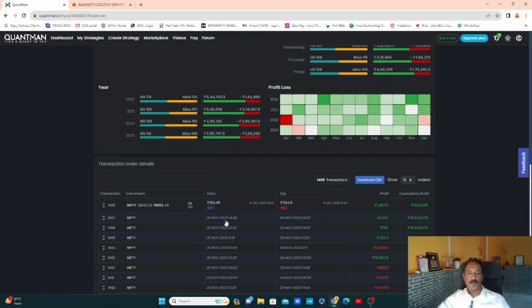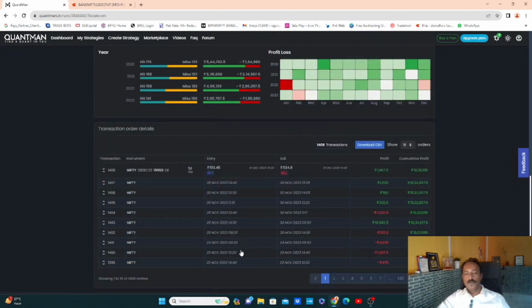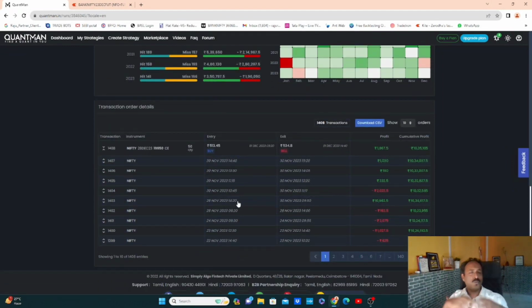So only one trade. On 30th, if you can see here, initially it booked a loss and again it made a profit of 1,800. It was a no loss, no profit day. Maybe the market went up and came down. So it will follow as per your rules. There is no hard and fast thing. All the instructions you give to the system, it will trade accordingly. There is no fake, there is no unreliability. All these are wrong assumptions. You have to build a proper system. You have to give proper rules to the computer so that it will trade on your behalf.